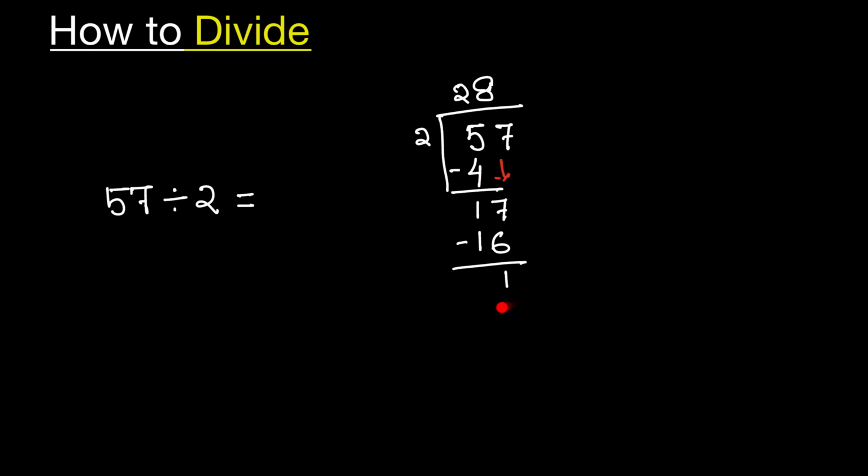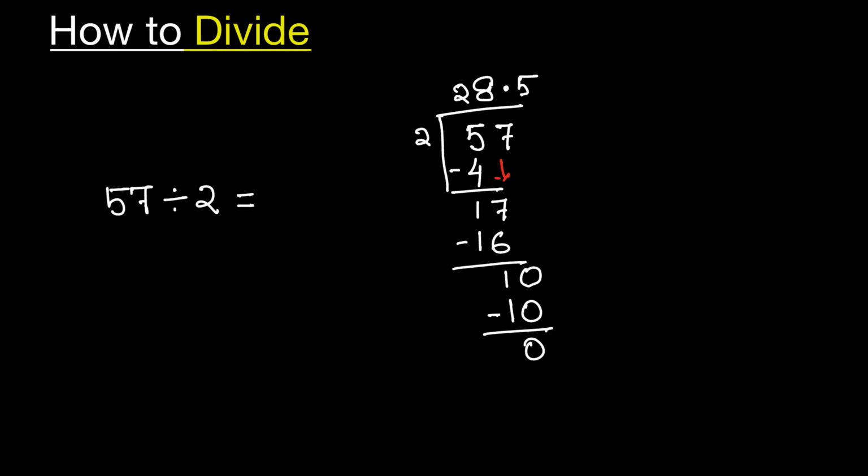Again this 1 is less than 2. That is why in this case we will borrow 1 0, and for that we need to put a decimal here. And we know that 2 times 5 is equal to 10. Subtract, we get 0. As we have got the number 0 and we have no number to bring down here,